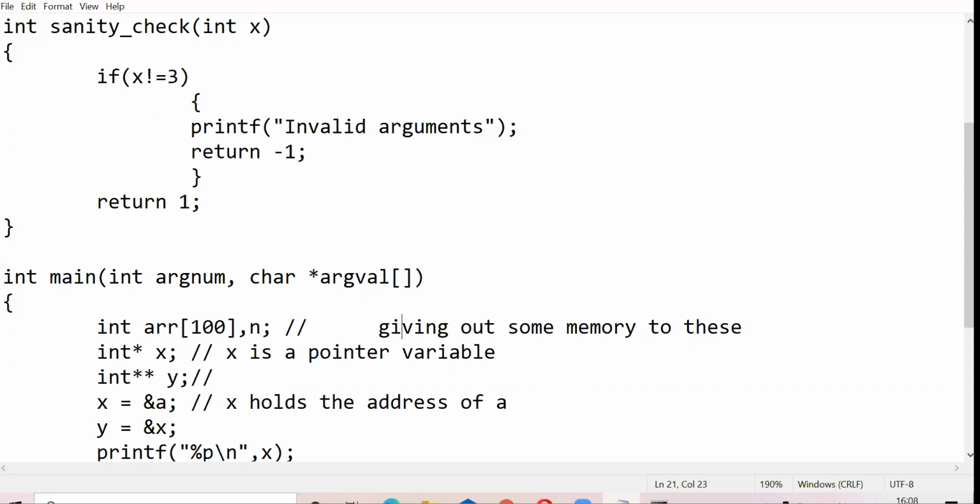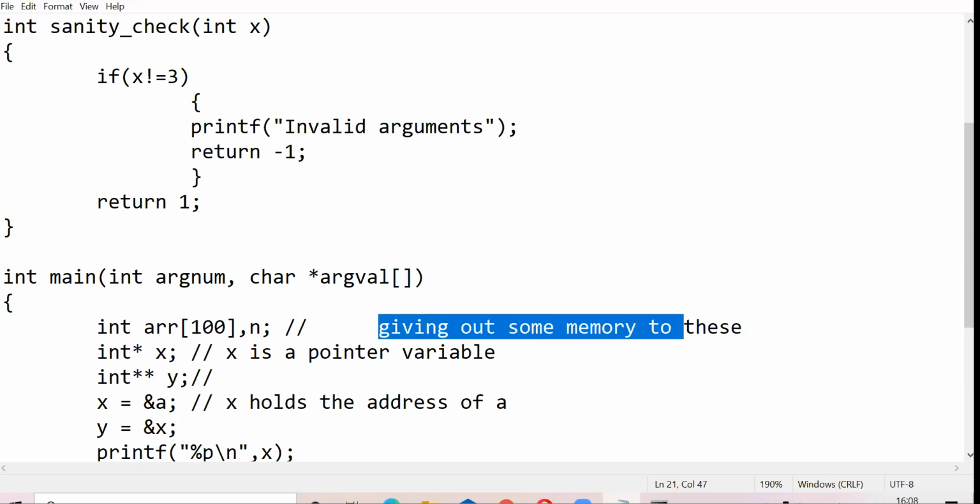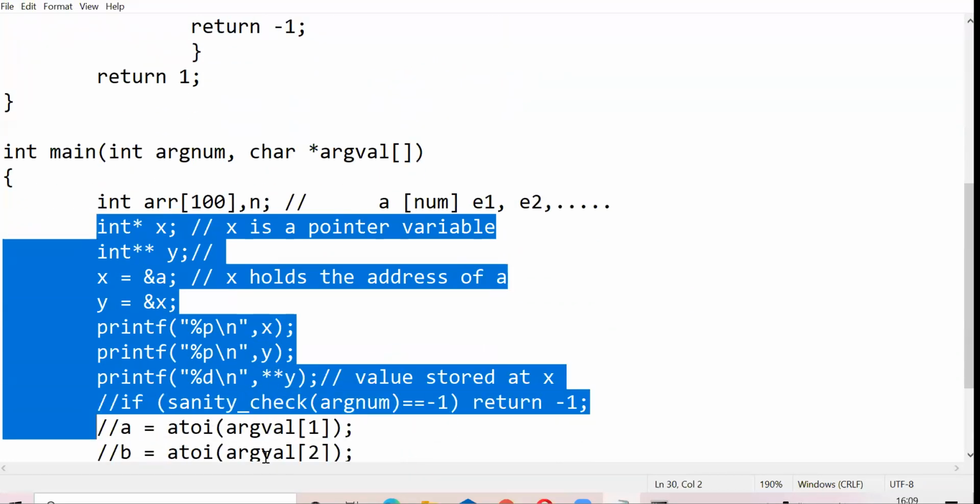Okay. And again, the format of our input will be, if the user is executing A, my first argument will be the number of elements in the array which he wants, followed by the individual elements. So this is going to be the format. Perfect. So I'm just going to move all this.